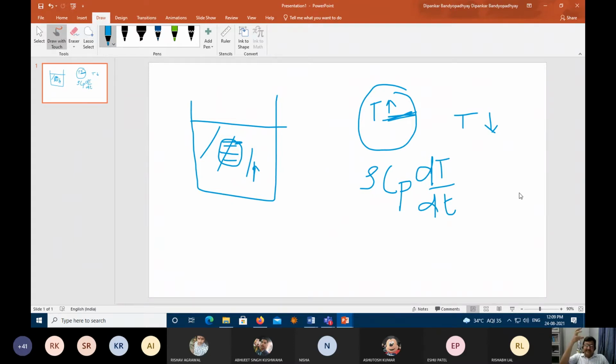The moment you put in a heat capacity associated with the material, and you supply some energy, the heat capacity ensures that a certain amount of energy has been stored. Correct? Now, what is the mechanism of heat transfer through which it is losing heat? Convection. Yes, very good. So then, how does the energy balance come out?